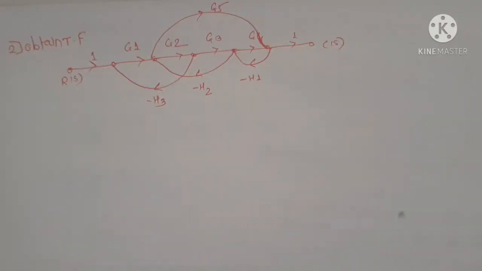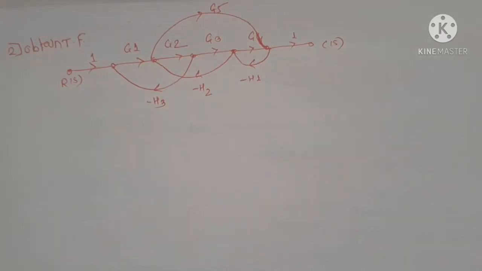We have started the topic of finding the transfer function using Mason's gain formula. In the previous lecture we completed the steps for finding the transfer function using Mason's gain formula, and we have seen one example on this also. Today let's see the next example, because if you do more practice on this, only then will you easily solve this problem. So you have to do more practice on this example.